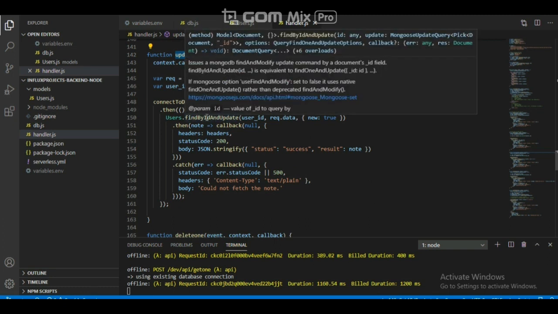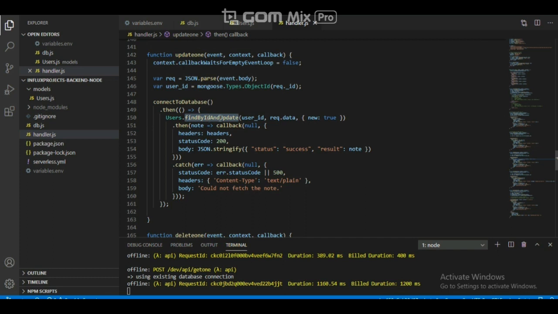Here use find by id and update, and pass the user id, that is the id from body, and also convert it from string to object id type, and request the data, which gets the data of the body.